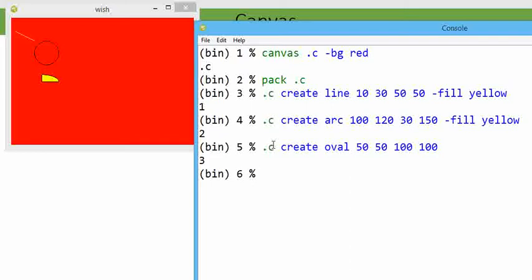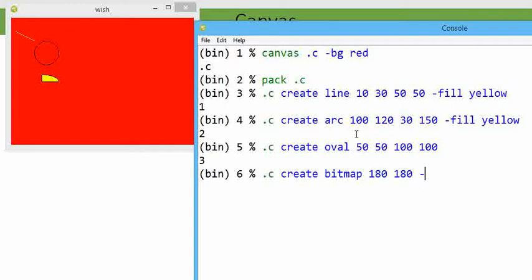Similarly, we can have the bitmap. Bitmaps are certain special inbuilt system defined images to represent some system related tasks. If I write .c create bitmap, here we need to provide certain dimension. I'm going to provide the dimension 180, 180, some random dimension.